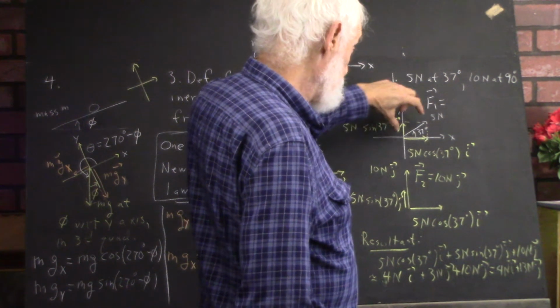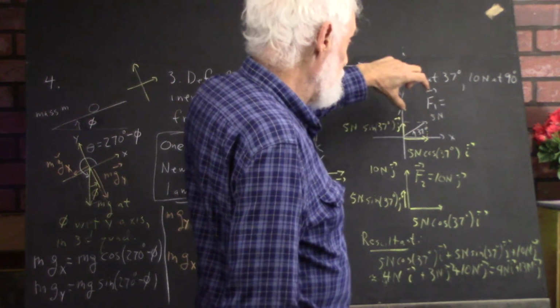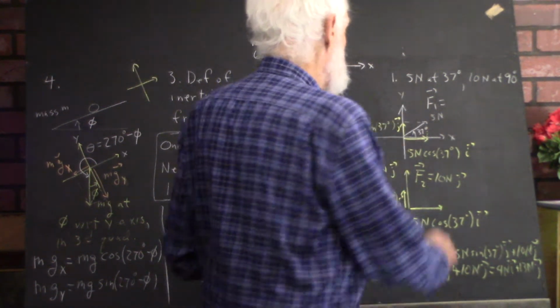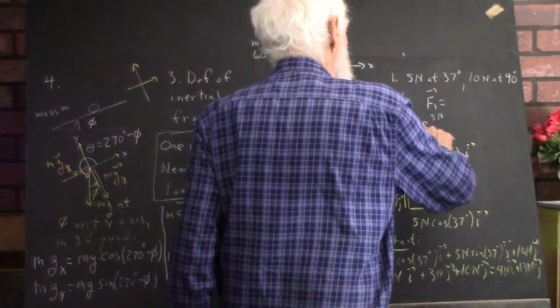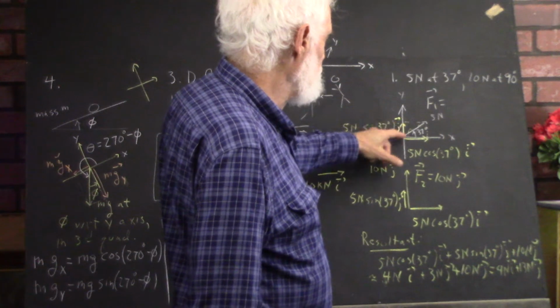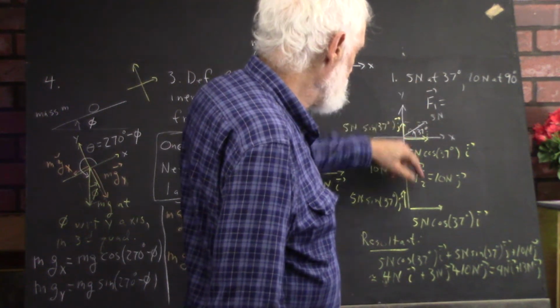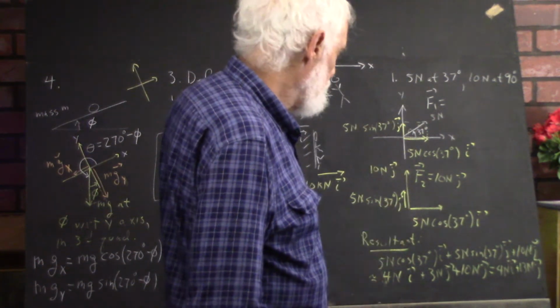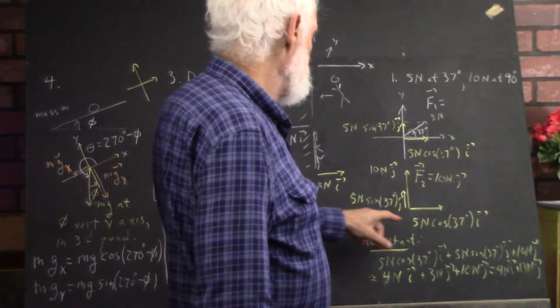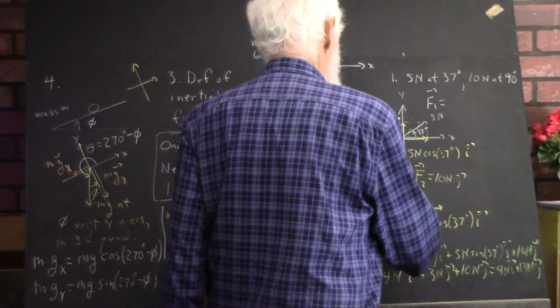The sum of the 2 components has exactly the same effect as the original force. So we can take that original force, cross it out, and replace it by its components. So now our force F1 and our force F2 go together, and it gives this picture where we have the 10 newtons times j here, the F1x